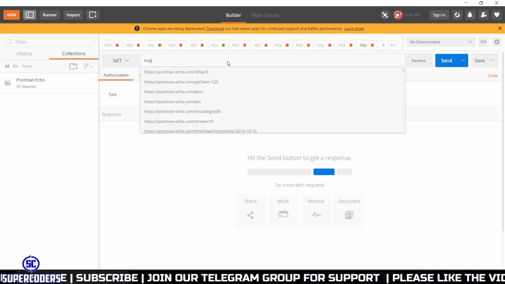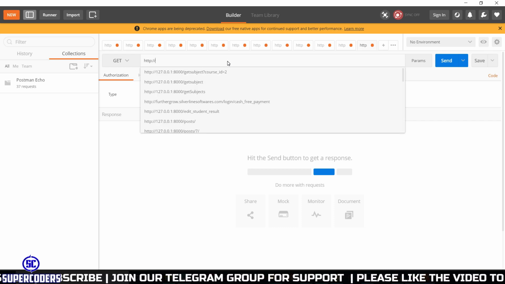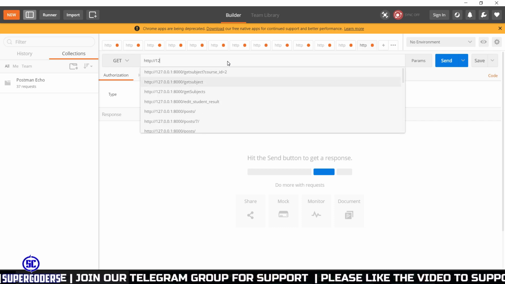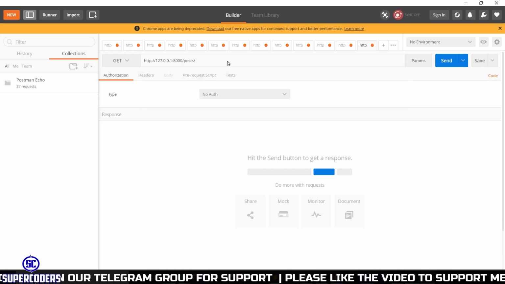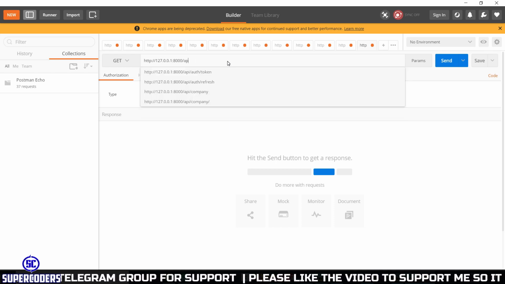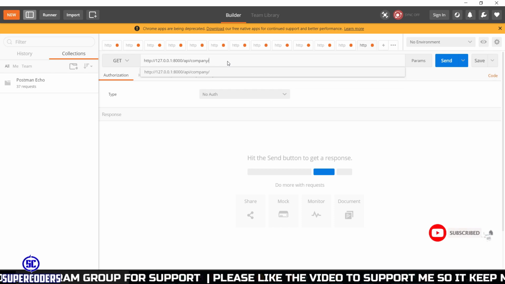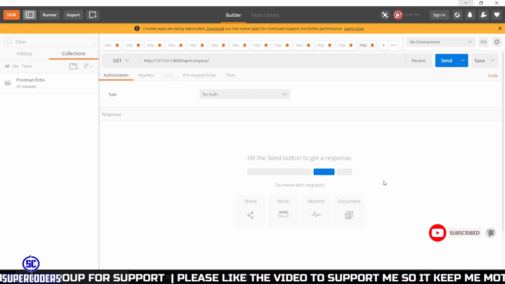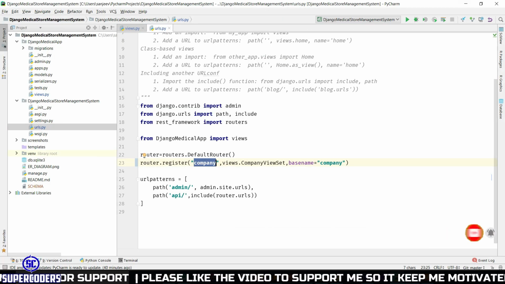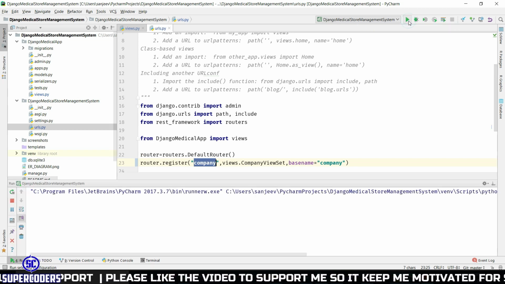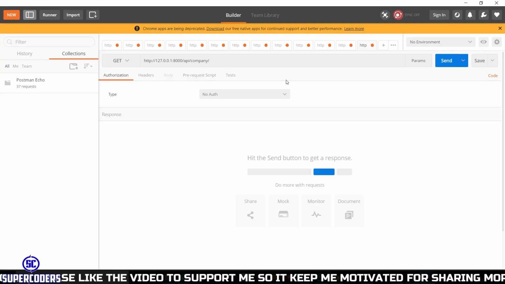Now let's open URL http://127... and api/company. Also let's run the server. So come back here and click on run. Now open Postman. Then let's open this.